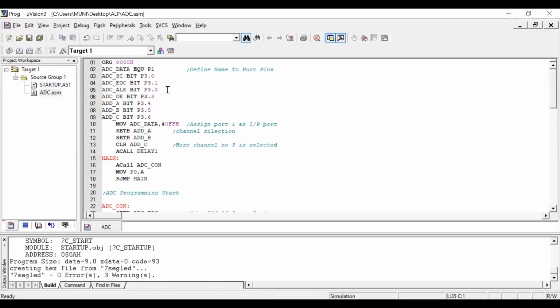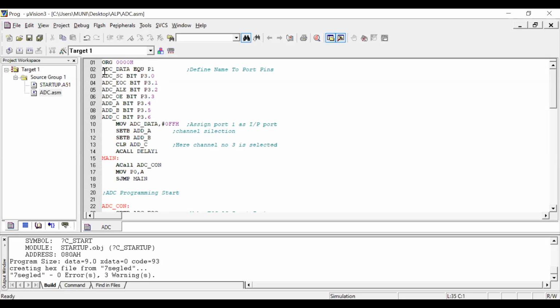After 8051 reset, the first instruction execution will start from location 00, because the PC points to the address 00H. So here initialization is completed.